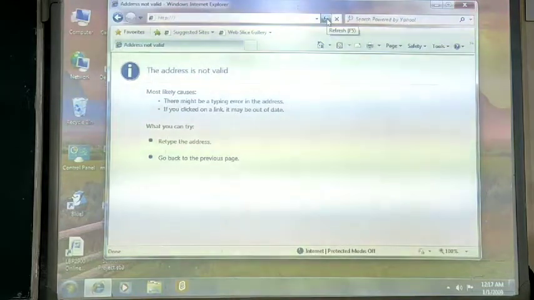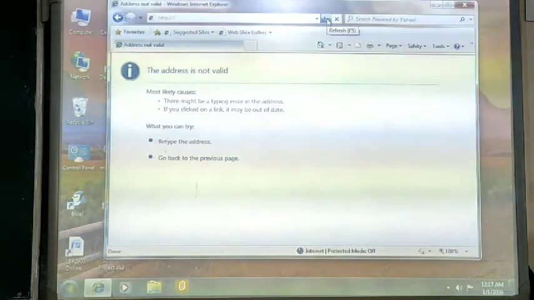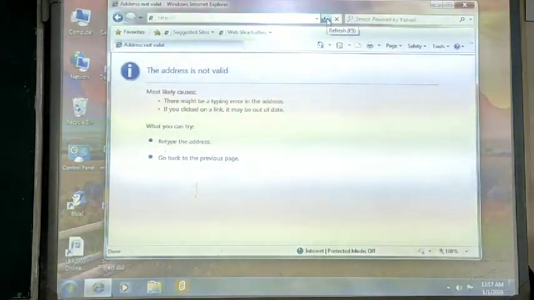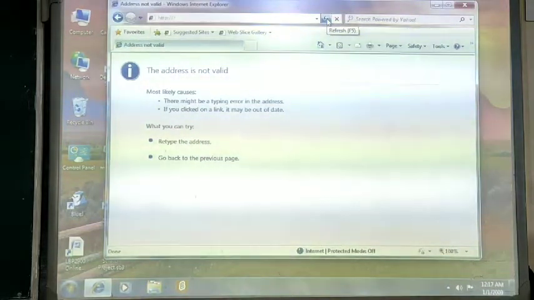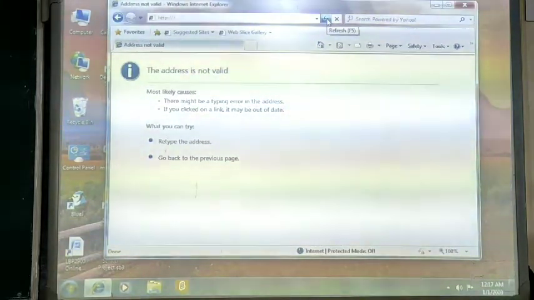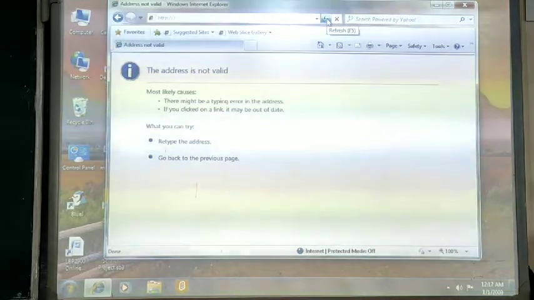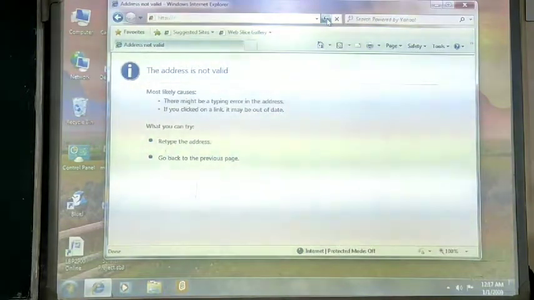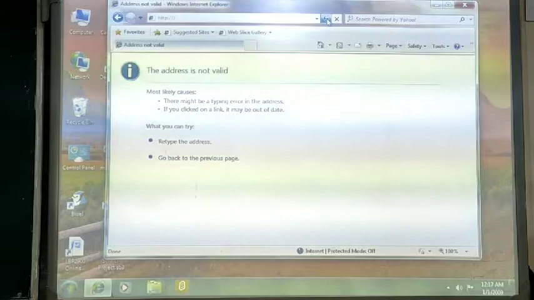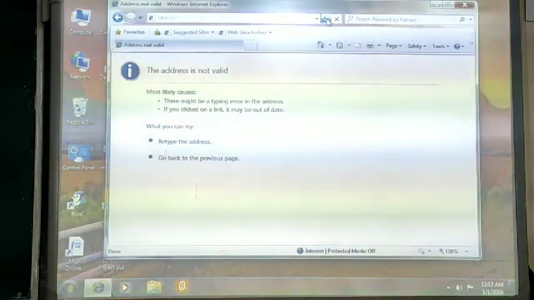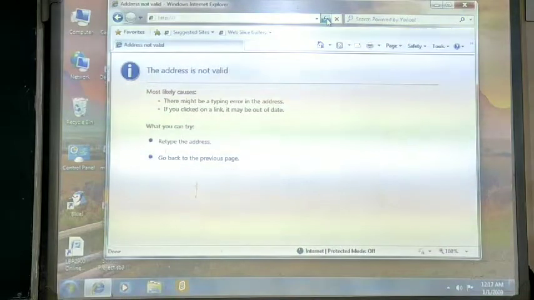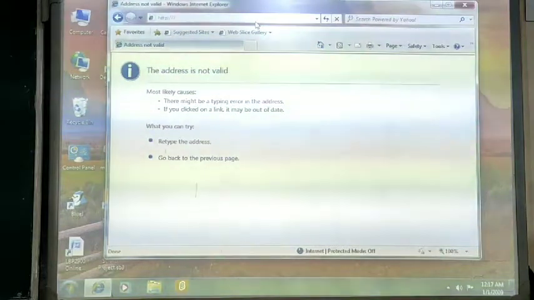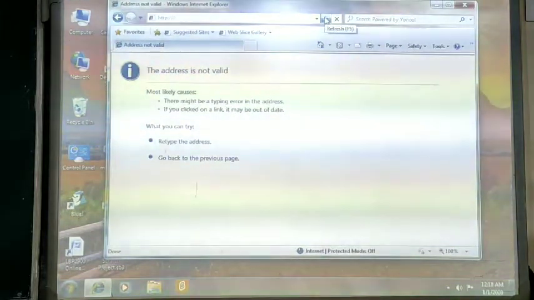Along with the address bar, there is a refresh button and the stop button. The refresh button is used because sometimes the web page is not completely open. If there are too many image files or your internet connection is slow, it is possible that the web page you are trying to open is not displayed in a proper way, or only a few of the contents are visible. So if you want to open that particular page again, no need to write the address again, you can directly refresh it.